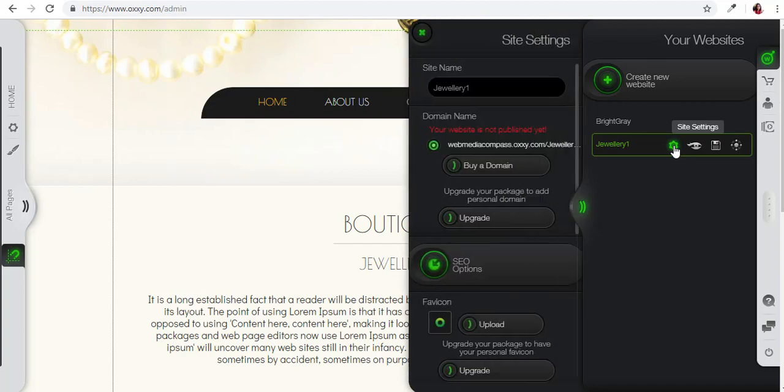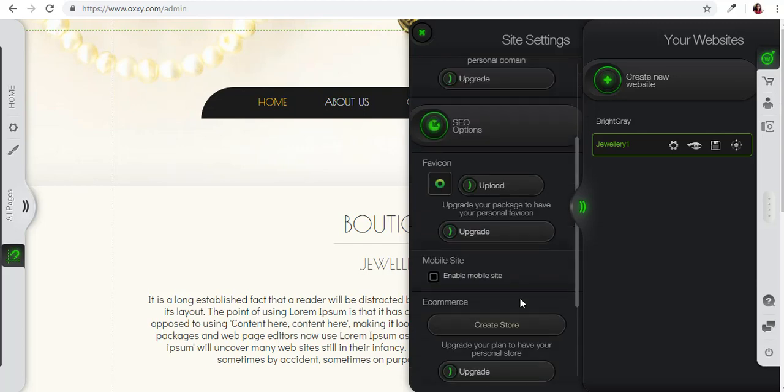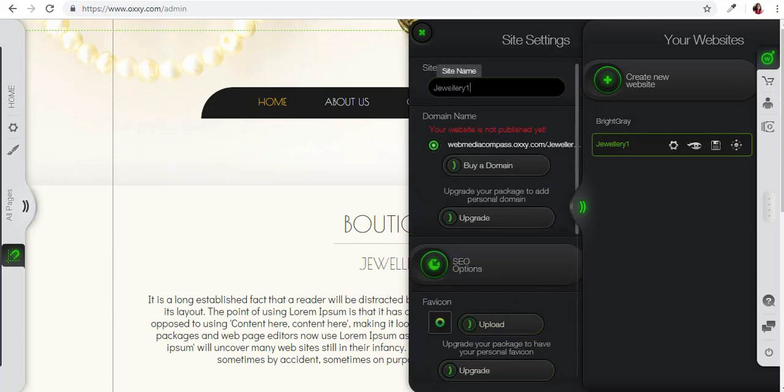When you click to site settings, you can manage from here the settings of the site. Here you can change the name of the website. For example, test website. This is the name which is not visible for external users. This is a name only that you are going to use. From here now you can see that when you use the free registration, you are using our subdomain. In this case is